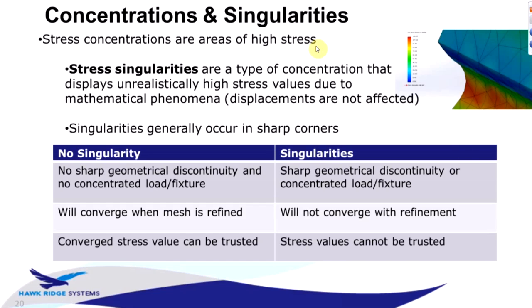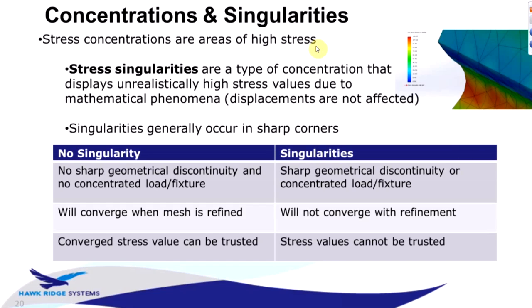So the solution in these cases to the singularity problem is, if you can positively identify one and you have verified that it is in fact a singularity that's not giving you a good result, you can either choose to just measure some stress values in the vicinity of that corner, for example, 1 or 2 elements away, or you could also go back and modify the model to get rid of the corner and instead put some sort of a fillet or other blend to have a smooth transition between the walls,